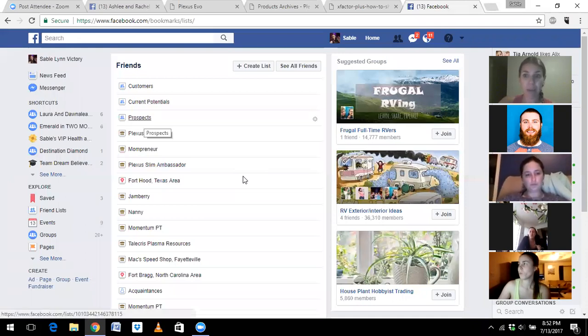So I have my prospects. I have my current potentials. I have my customers. I'm soon going to make one for my wholesale customers, my wholesale ambassadors. I'm probably going to make one for just my level ones. I'm probably going to make one also for people that I gain inspiration from in Plexus, because, you know, we